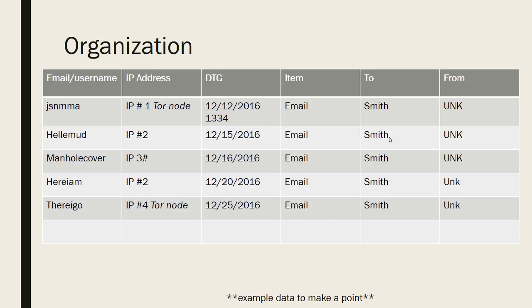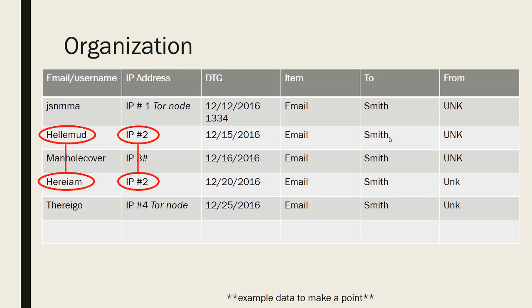So let's say you add hundreds of usernames or emails and their associated IP address. And obviously if you have some Tor nodes, or some Guerrilla Mail, or something where you can't get the actual IP address, those IP addresses aren't going to be worthwhile. But sometimes you'll find real IP addresses. It could be the library, it could be Starbucks, it could be a home address, it could be a work IP address.